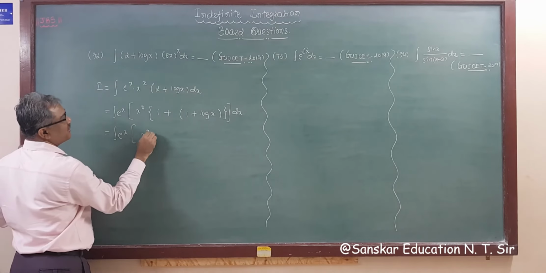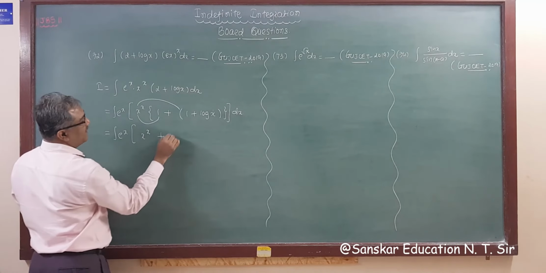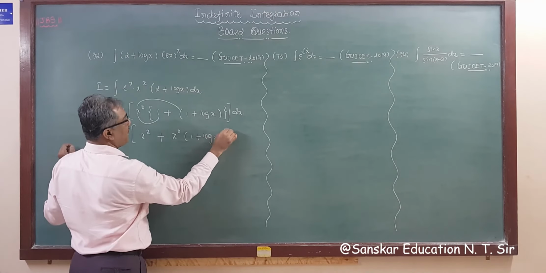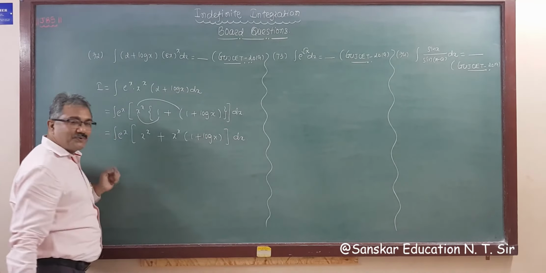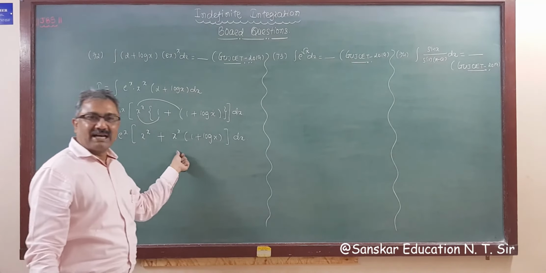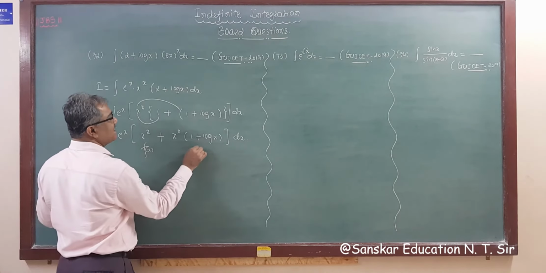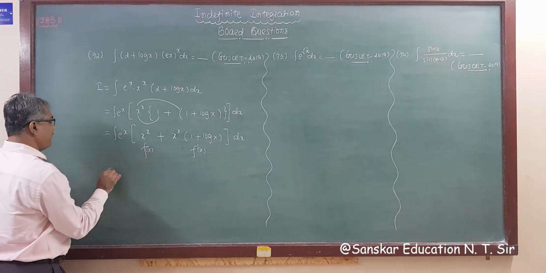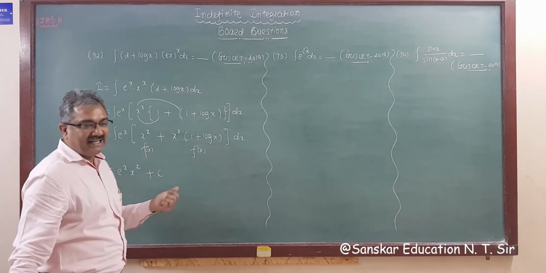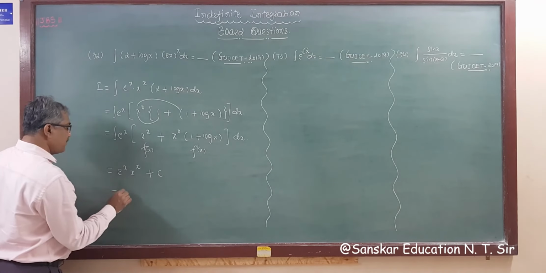So now multiplying this, integration of e raised to x, I am multiplying x raised to x with this whole bracket, so x raised to x plus x raised to x into 1 plus log x dx. Now no need to say anything more. As you know, the derivative of x raised to x is x raised to x into 1 plus log x, that you know. So this is your f x and this is f dash x. So answer will be e raised to x into x raised to x plus c. Either if it is given e x whole raised to x, then that is your answer. So e x raised to x, that is option B, is your correct answer.